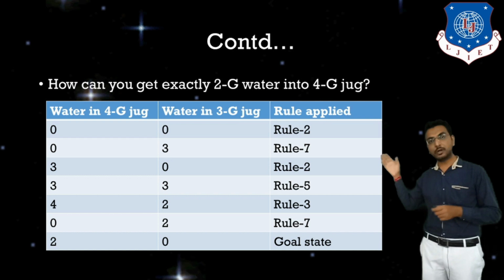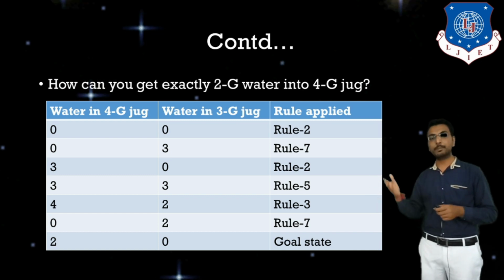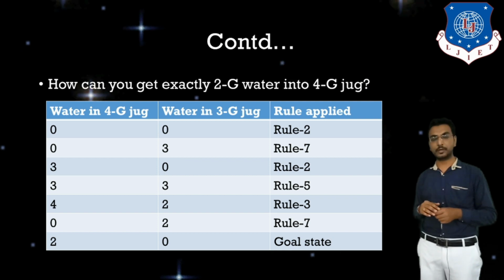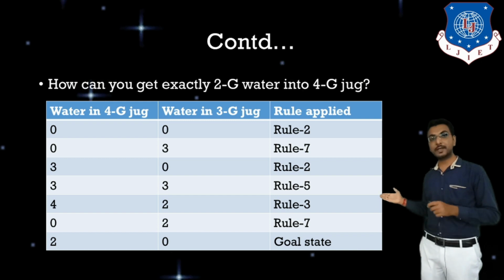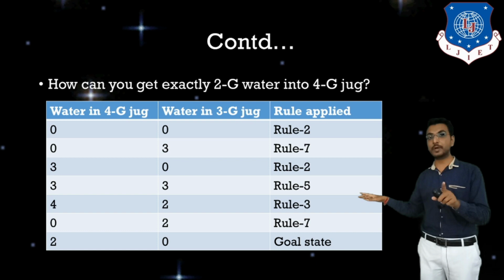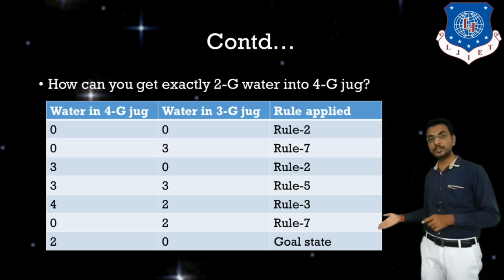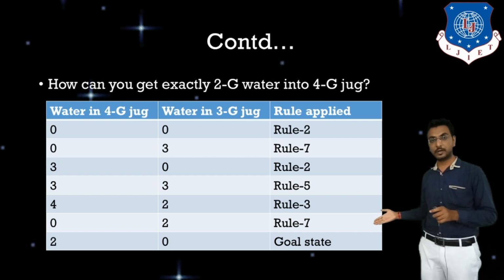See, in all these steps we have not filled up the water without the measure of 4 and 3. Either we have filled up the water fully, or we have emptied the water fully. For example, here 0 comma 2 is there because 2 gallon water remains in the Y jug, so we can transfer it easily. We will not be able to transfer 1 gallon water from this 2 gallon water, because that is our precondition. Getting my point or not? Okay, so this is the solution of the water jug problem.